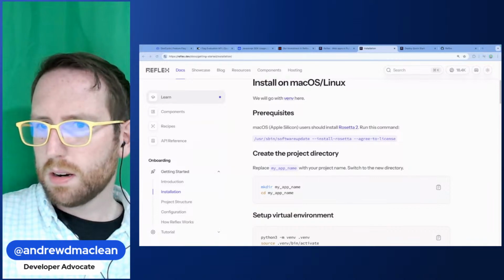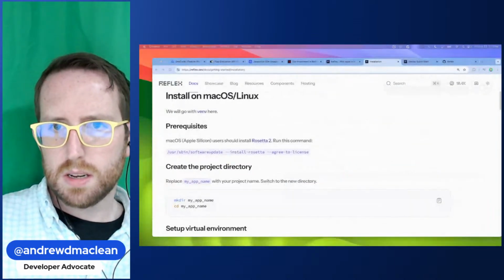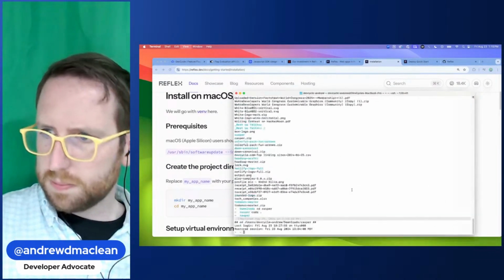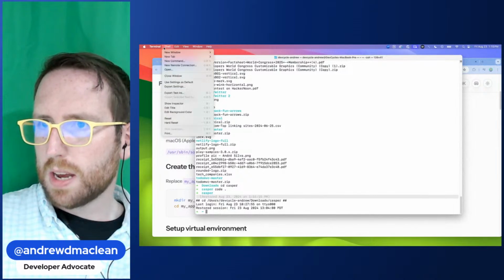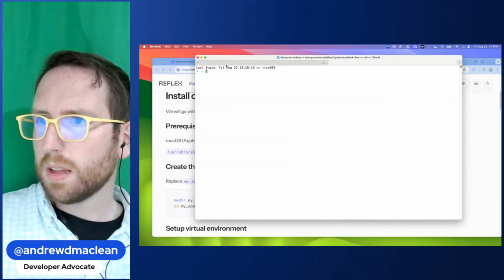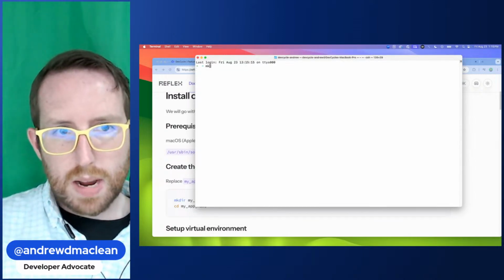Bring it over here. Oh, that's full screen. Let me get that unfull screened. All right, let's bump this up. Oh, I don't know what's going on here. Let's do new shell, new tab. Okay, there we go. So let's go in here, make directory,